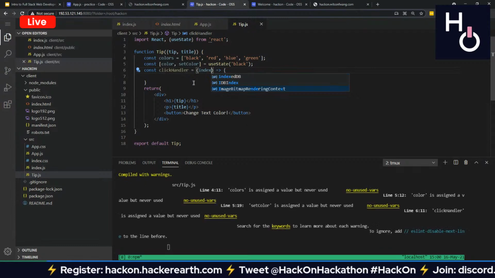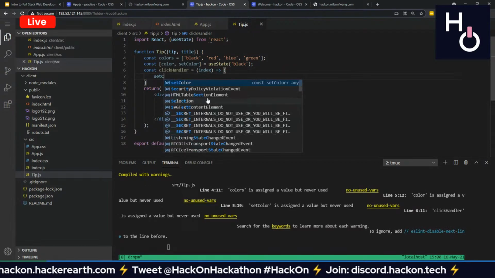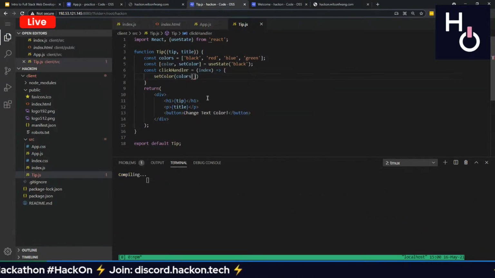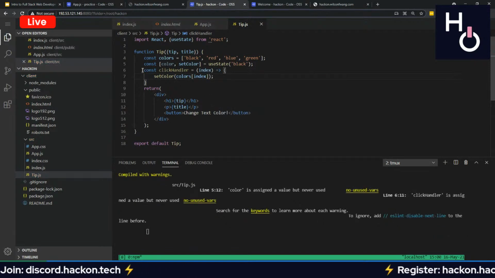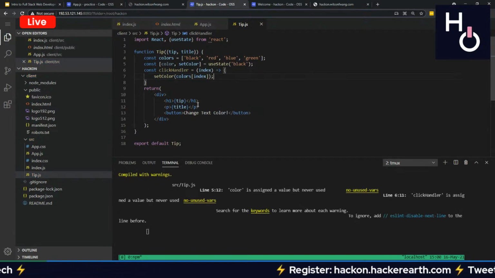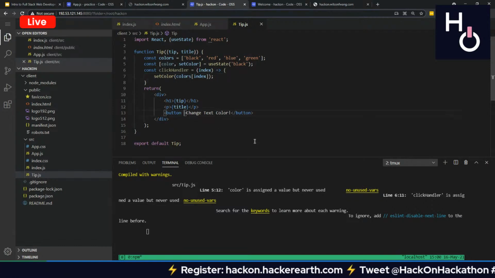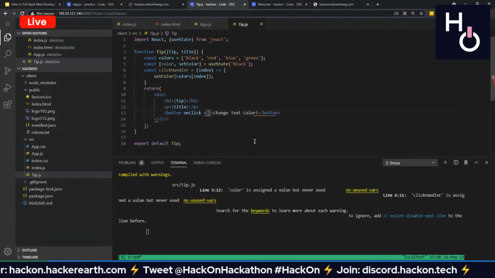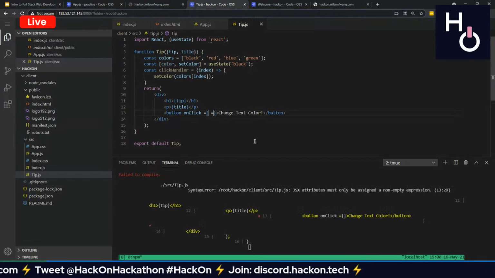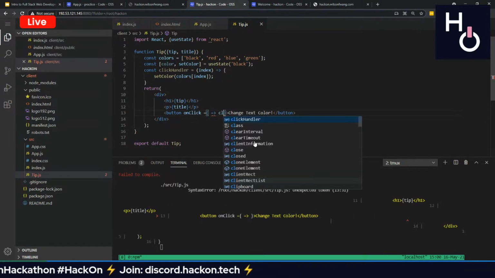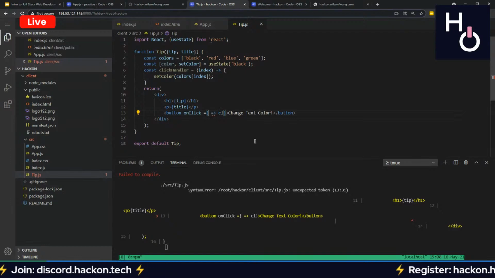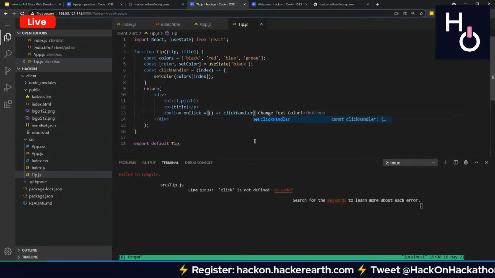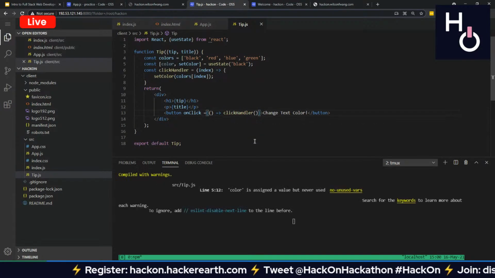And what I will do is it will set the color to a random color inside of this colors array. So I'm just going to show you how to grab this index. It's pretty simple. On click, we're just going to run this function. Remember your curly braces because we're running JavaScript now. Backwards. So we're just gonna on click, we're gonna run the function click handler, and then we're going to pass in